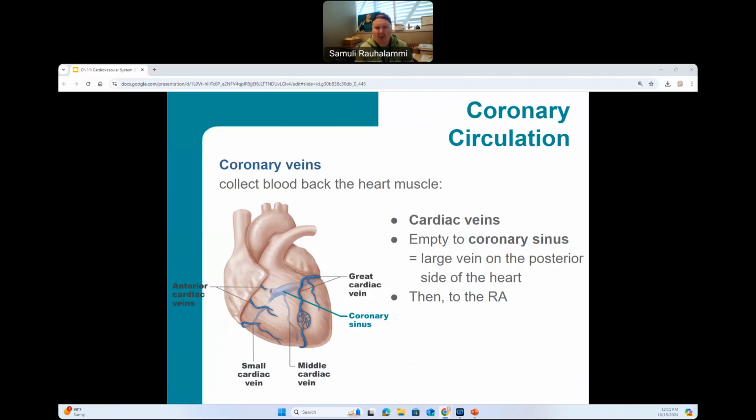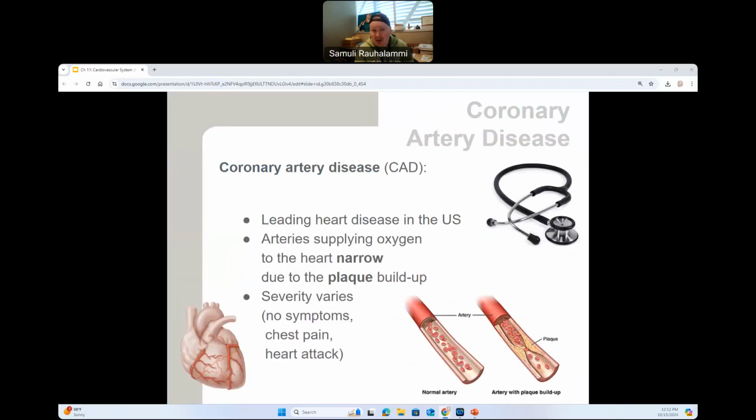And a few points in terms of clinical considerations. There are many conditions when the coronary circulation is inadequate. The most common, with more than 3 million cases per year in the US, is coronary artery disease, sometimes abbreviated as CAD. Here, the arteries that we just looked at that are supposed to deliver the oxygen to the heart tissue become narrowed. And this is due to the buildup of plaque on these coronary arteries. And as a result, the delivery of blood and oxygen to the heart muscle is not as successful. And this is especially true during periods of high demand, like during exercise.